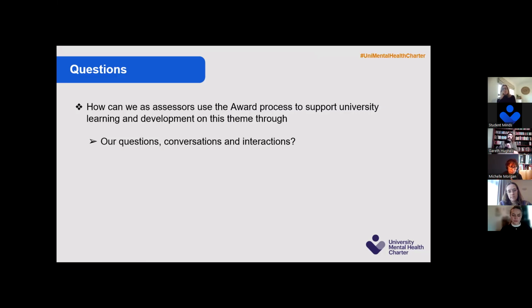Thinking about the structure of the assessment process, are there things that we'll pick up in the focus groups that we can reflect into our questions when we're then meeting in the panels later on? How might we want to do that in a way which actually pushes forward thinking and practice in that university? And then, in our outcome reports and our recommendations, are there specific things we might want to highlight? Are there things we might want to talk about in those reports? Are there recommendations we might want to issue to universities to support them in that development and in that thinking? So we will go into breakout groups, probably two, I think, given the size of the group we have here today.